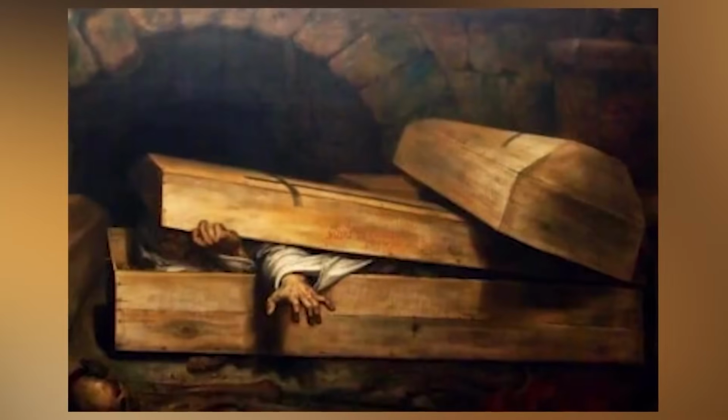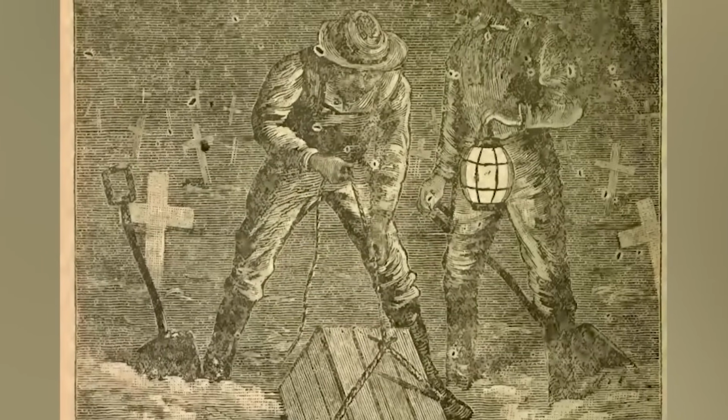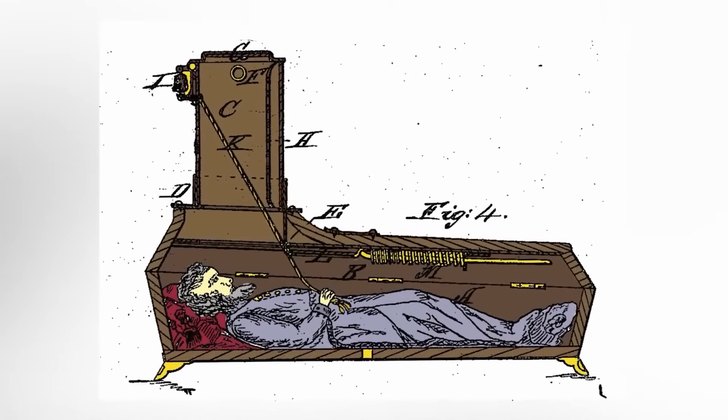A great example of that is safety coffins. A truly grim situation. A medical doctor has declared you dead, and now you are being buried alive. Have no fear, friends, because you had enough money for a safety coffin. The coffin contained a device or means of various designs, which was to alert the living of your mistaken burial